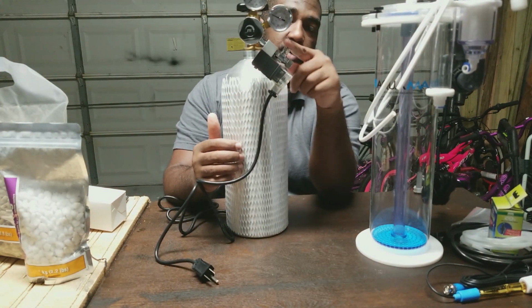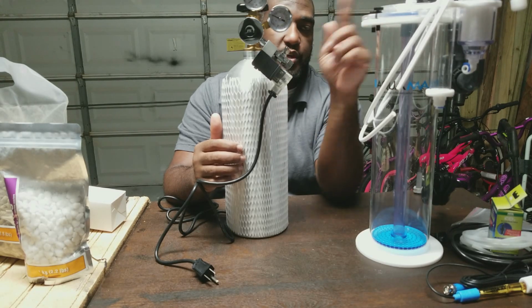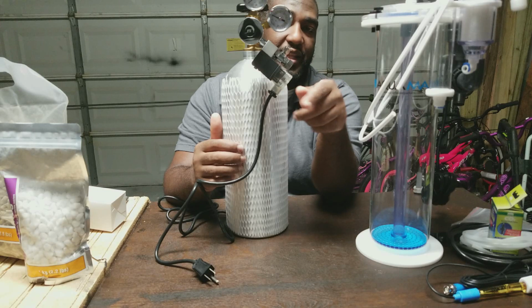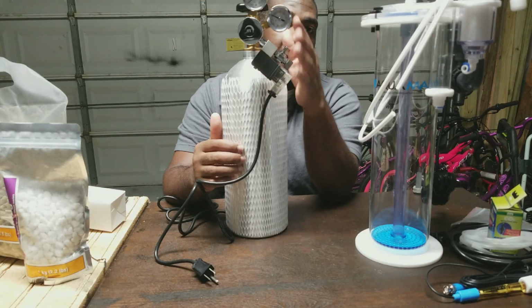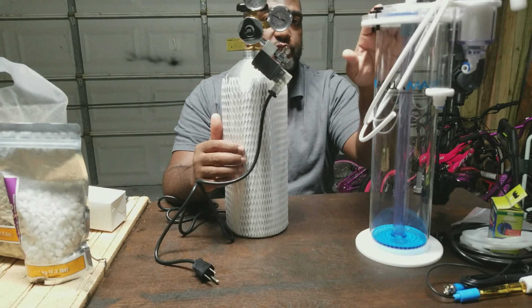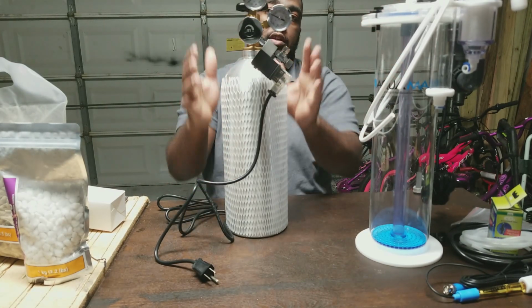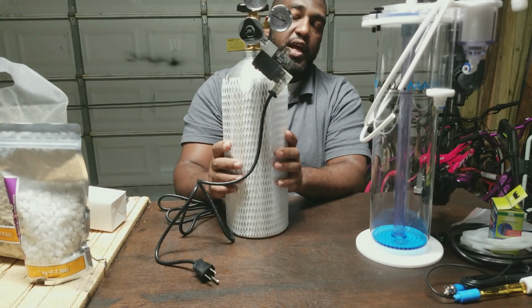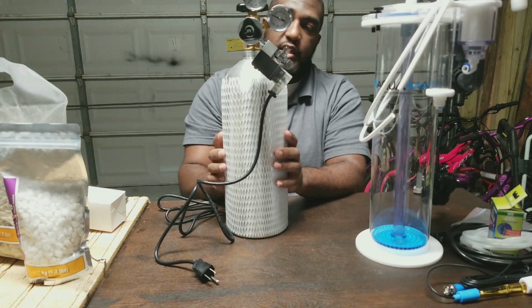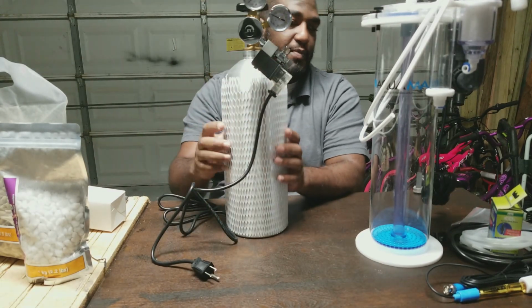That's why, with the pressure coming out of here when it's open and pushing CO2 through the line, you don't want too much pressure and blow a line or blow the seals on the reactor. That wouldn't be good at all. So there are, like I said, different gauges that will electronically control everything. I opted to go for this one because I'm going to have it run to the Apex